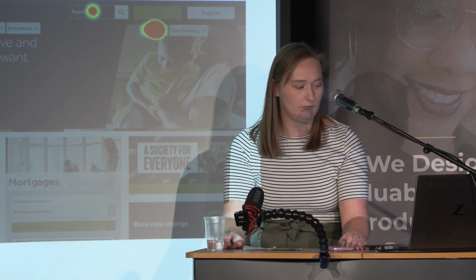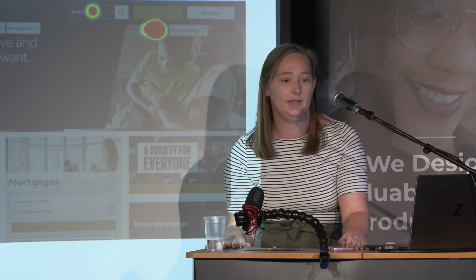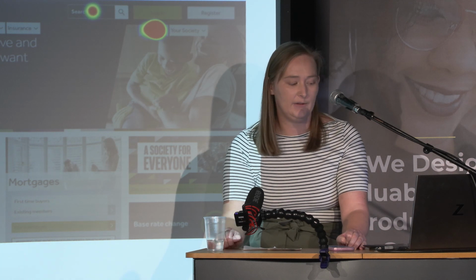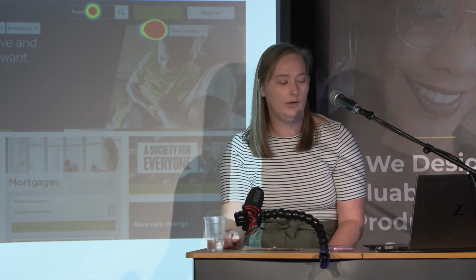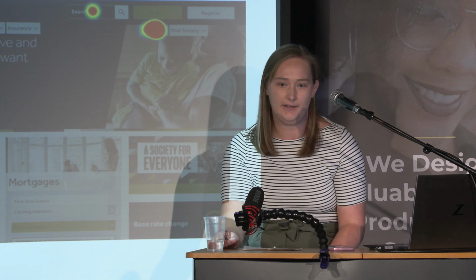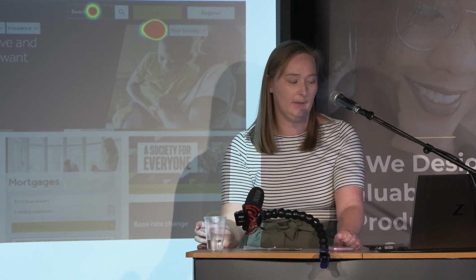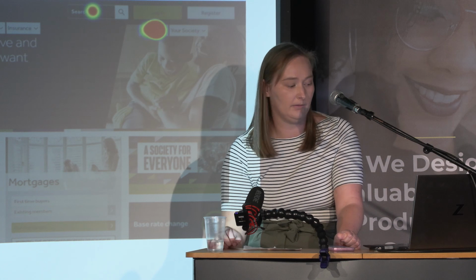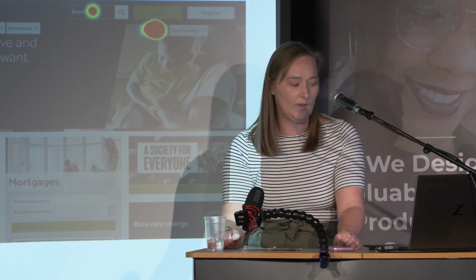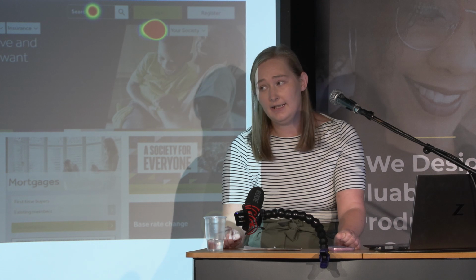in head office. In the define stage, you might look at testing the current process, for instance, similar to how we did with the maturities form on the previous slide. Design and review, this is where we might carry out quite a number of smaller or moderated tests, like click tests, preference tests, or basic usability tests, looking at individual pieces of a design and making sure that things are working properly and they're meeting user needs and expectations. When it comes to validating, it is good to conduct some in-depth usability testing, so one-to-one